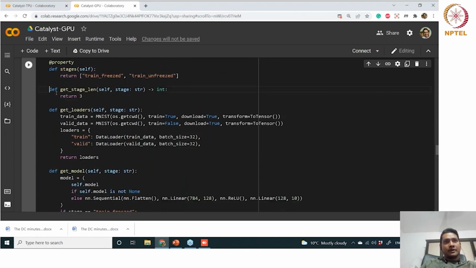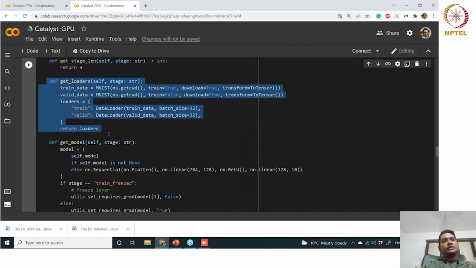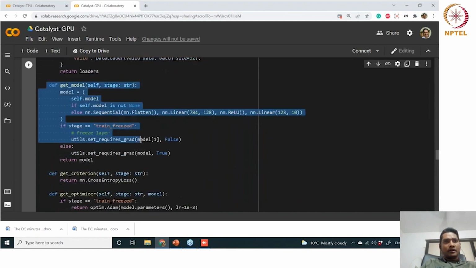inside your Catalyst custom runner, right? We are saying that each stage will have three epochs, and we get the data loaders and get the model. The get model function defines the model, and here the model has two linear layers.